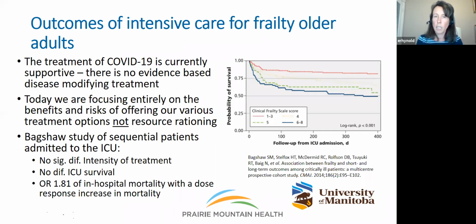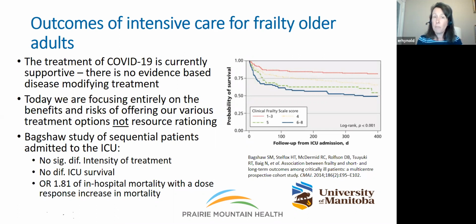We are not talking about resource rationing, and I'm grateful that we're not in a situation where we have to talk about resource rationing. So one thing that families are going to be having in the back of their minds is, are we writing off the personal care home residents? Are we withholding something because we want to make sure we have ventilators available for young people who deserve it more? And as a geriatrician, I feel quite passionately about this, and am always keeping my radar up for any ageism or ways that things that are appropriate are not being offered. So today we're focusing on the risks and benefits of different treatment options for frail older adults.